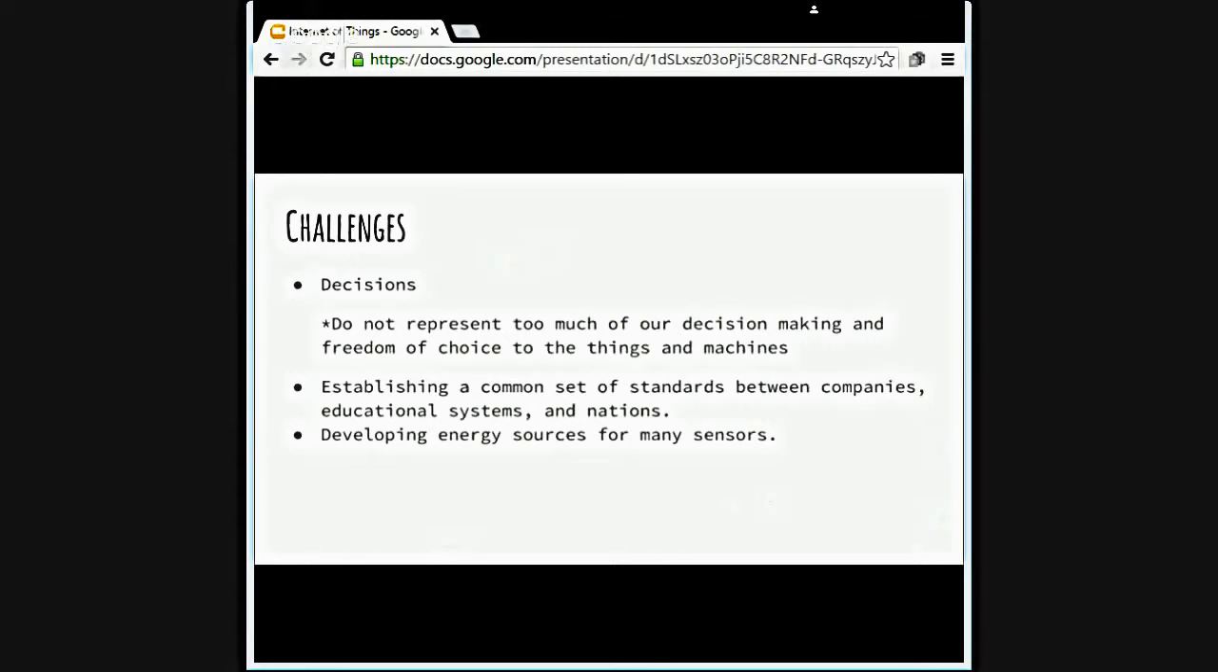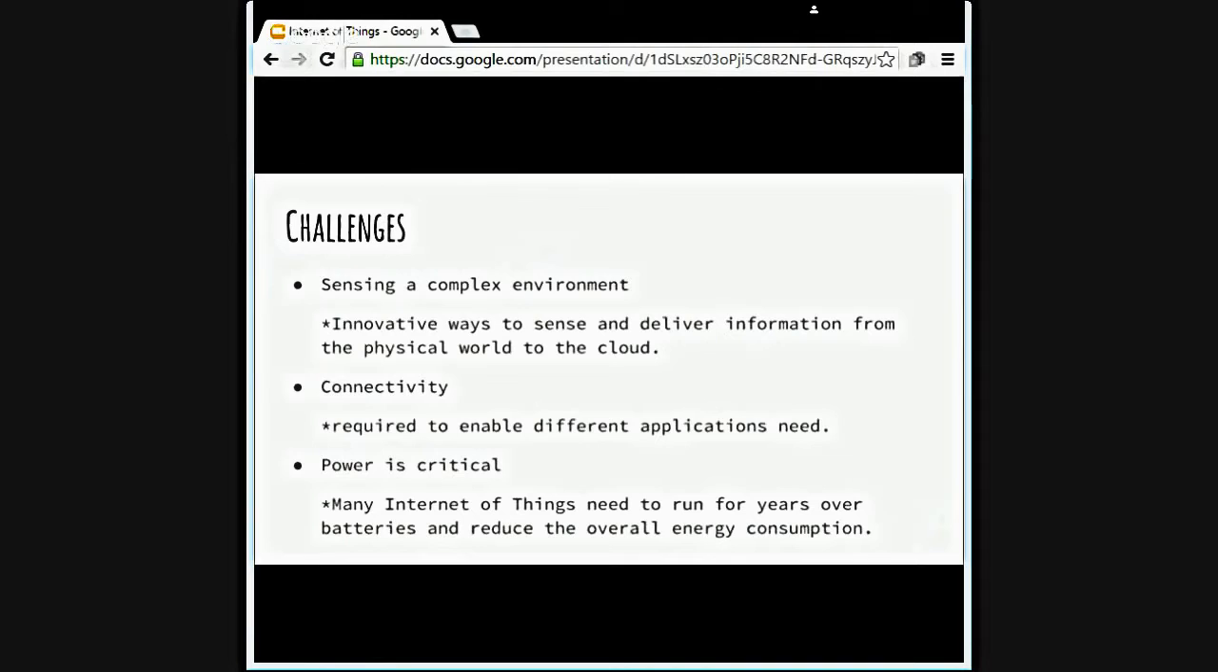And establishing a common set of standards between companies, educational systems, and nations. And also developing energy sources for many sensors. And sensing a complex environment. So, innovative ways to sense and deliver information from the physical world to the cloud. And also connectivity required to enable different application needs. And power is critical, so many Internet of Things devices need to run for years over batteries and reduce the overall